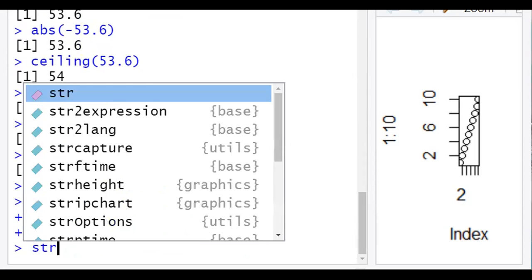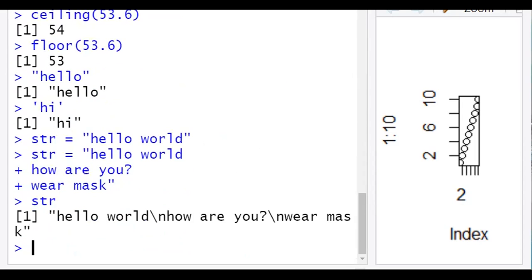Now if I print str, we'll get the message, but here the \n is also injected. R programming adds this \n at each line break. That \n is an escaping character indicating a new line.